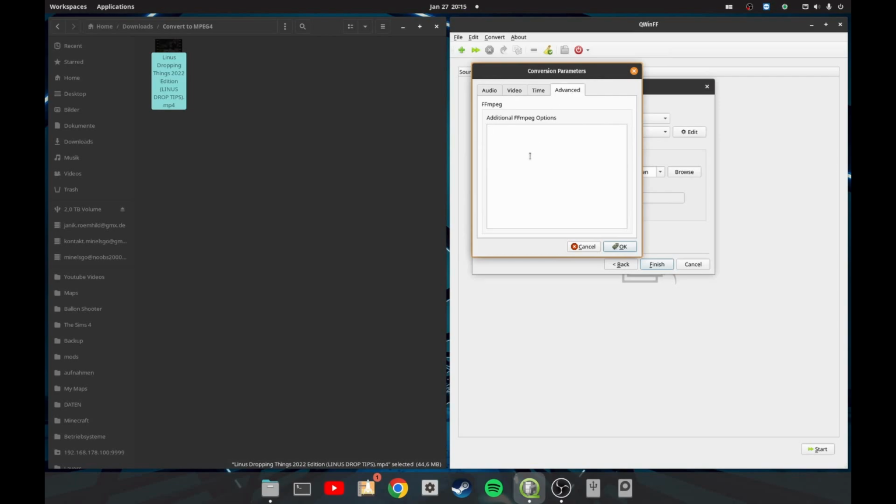In advanced we define the output codec, vcodec for video codec, which is, like mentioned in the beginning, MPEG4. And very important for the audio codec, acodec, we have to use PCM. It doesn't really matter which version of PCM, I just use PCM_S24LE. And we also want to define our video bitrate